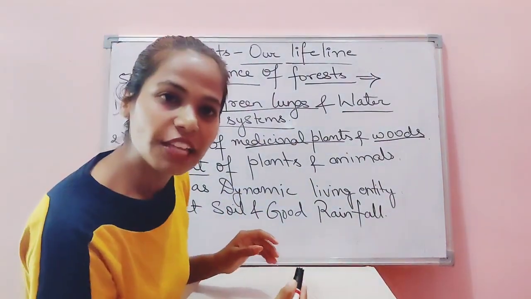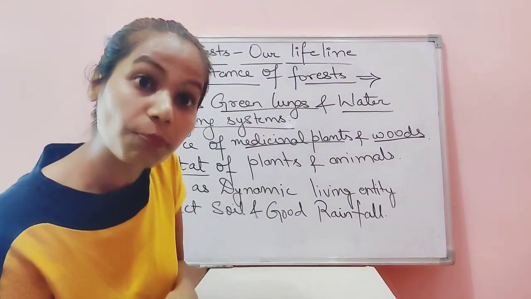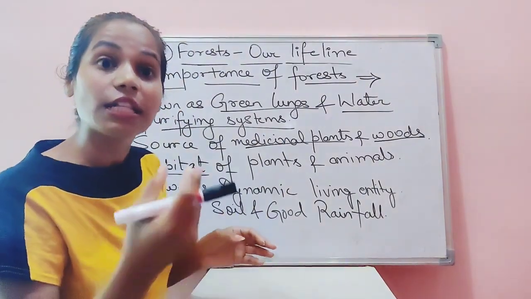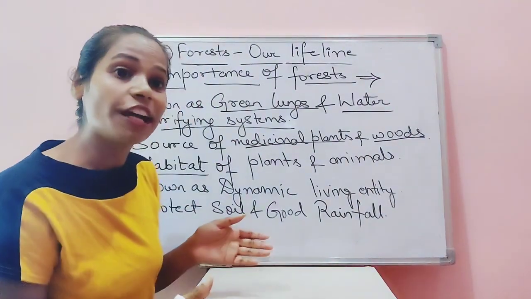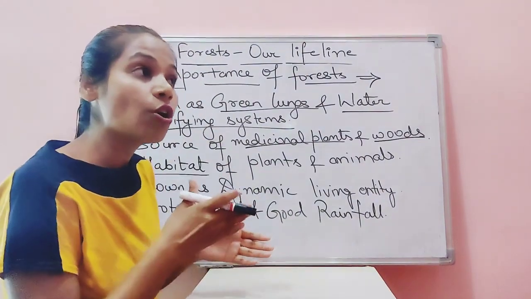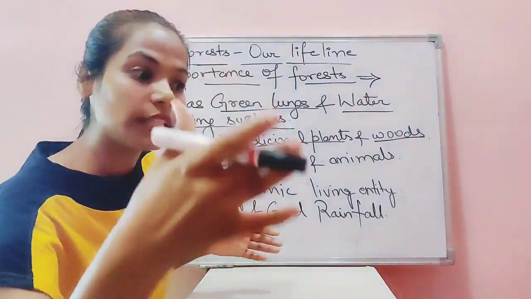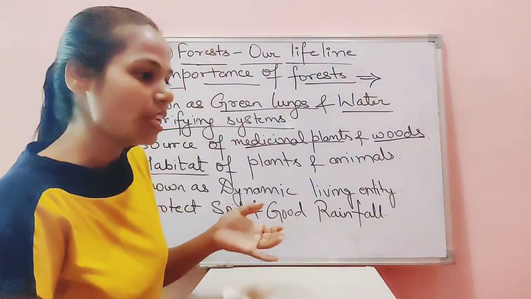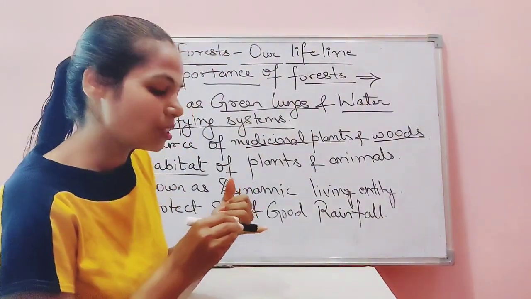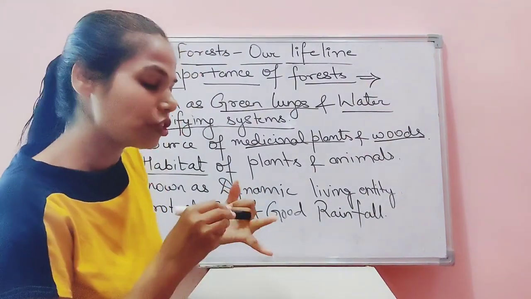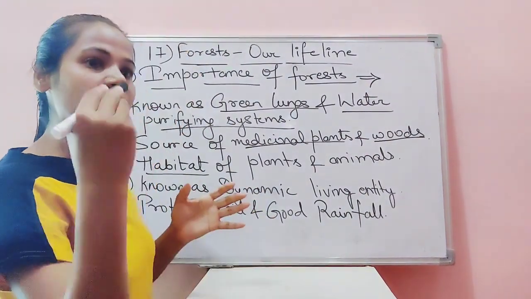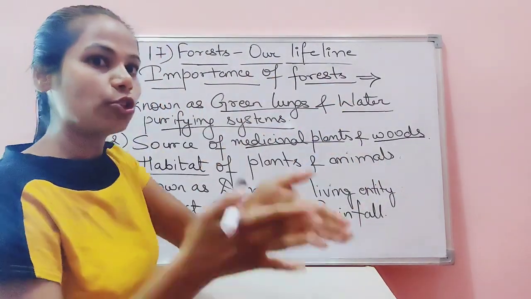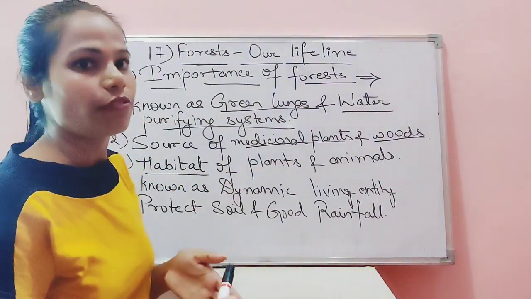Everywhere you cannot find the lions. The lions are only found in particular areas. Everywhere you cannot find certain plants like sal and teak. You will only find them in certain areas. So these are actually dependent upon the physical entities of that forest area, like how is the humidity, how is the climate, about the temperature, pressure, etc. When these things get favorable, then accordingly those plants and animals survive over there.